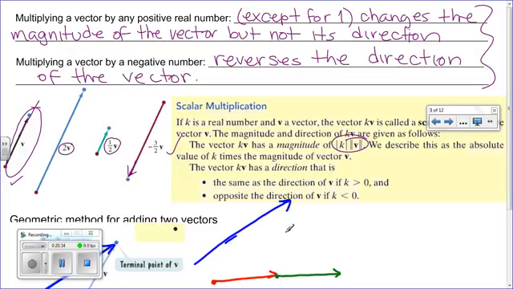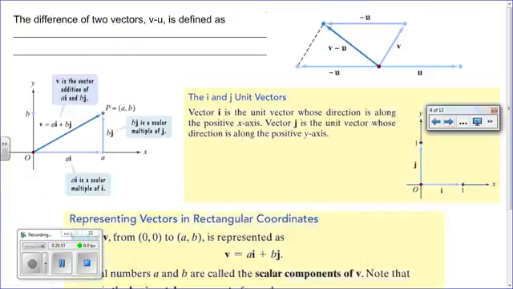Is that what you were thinking? Let's see. Why is it saying that u plus v is actually short? Because we're not really adding them like that together. We're actually adding, let me see, when we do it mathematically,